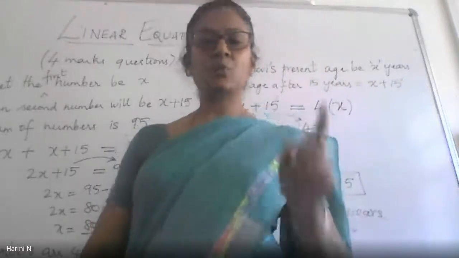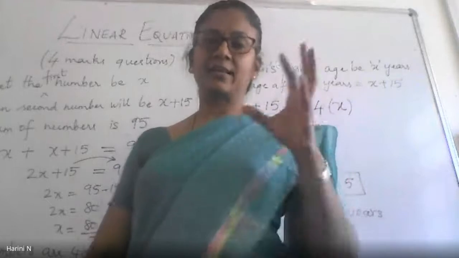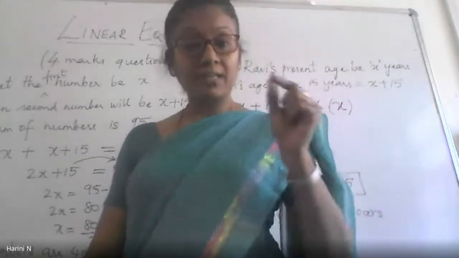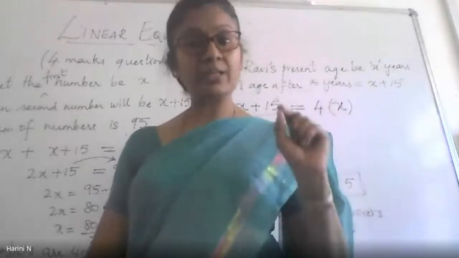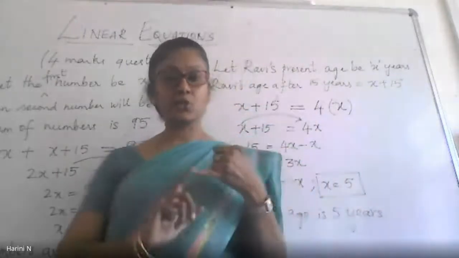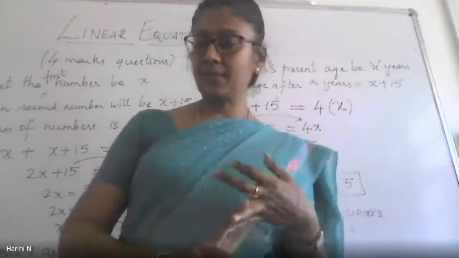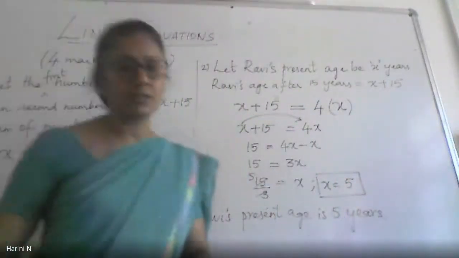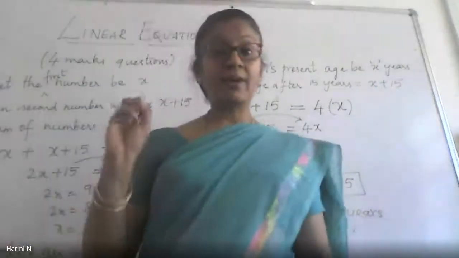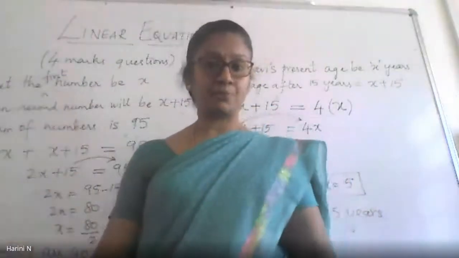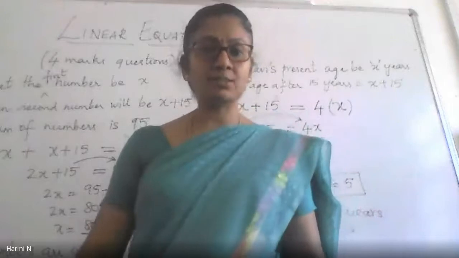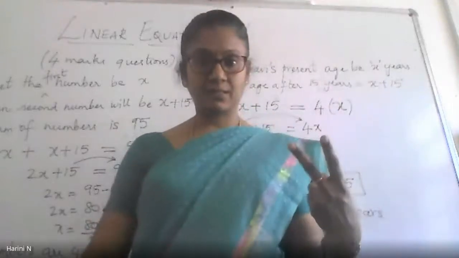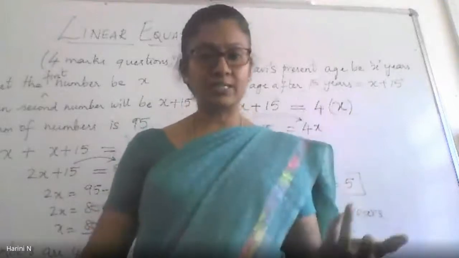Okay, so that was the 3 marks construction where the sides, the angles, the diagonals, etc. were given. But we have also constructed special kinds of quadrilaterals like the rhombus, the square. I think the rhombus and the squares are the ones we have taken. So in these cases, 5 measurements will not be given to you. Like construct a rhombus, then 2 diagonals are given. Only 2 measurements are given.